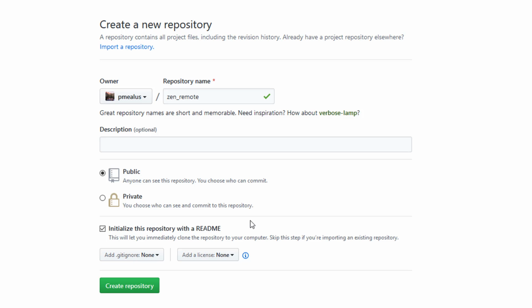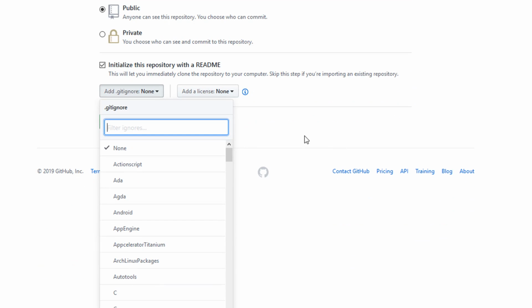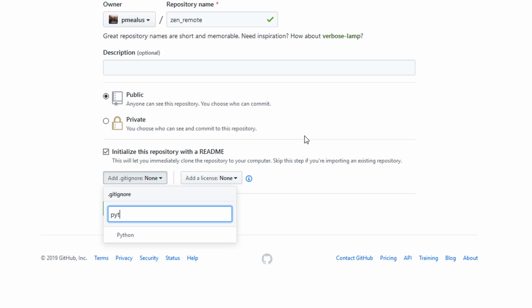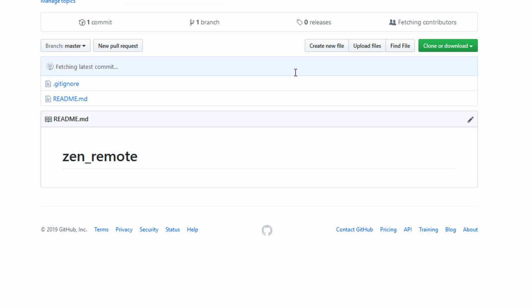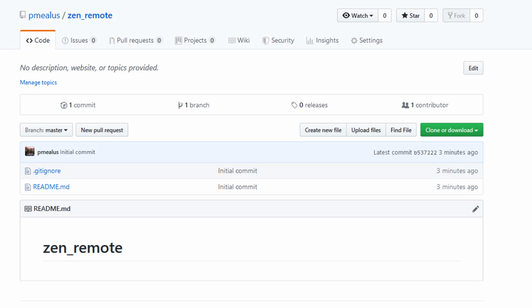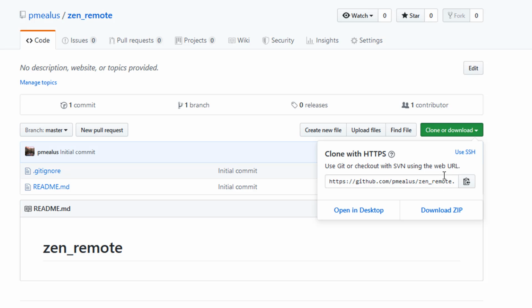And generally you'd always want to initialize with a README, just best practice. And something cool about GitHub is you can automatically add a gitignore file for whichever language you're using. So if you go to look up Python here, it'll automatically toss a gitignore with common files that you'd want to ignore when working on a Python project. Pretty handy. So let's go ahead and create it. So now we have a remote repository set up on GitHub. So if you come over here to the clone or download button, you can grab what's called the URI for the repository,